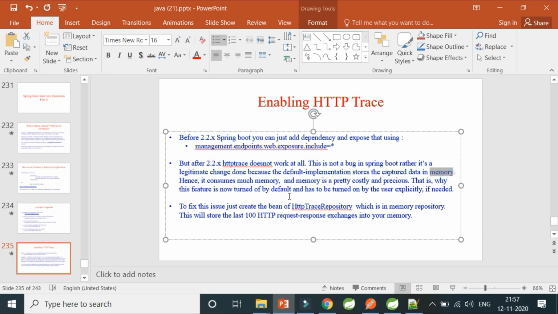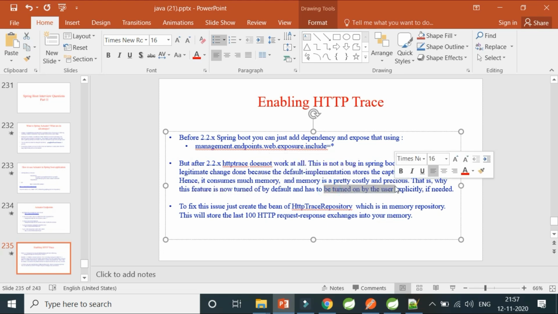You won't actually know that this is happening, but your memory gets consumed in a pretty costly manner, fed with the 100 HTTP requests and responses the clients hit to your server. Now you know that memory is a very costly, precious thing for you. So that is why this feature is turned off by default.